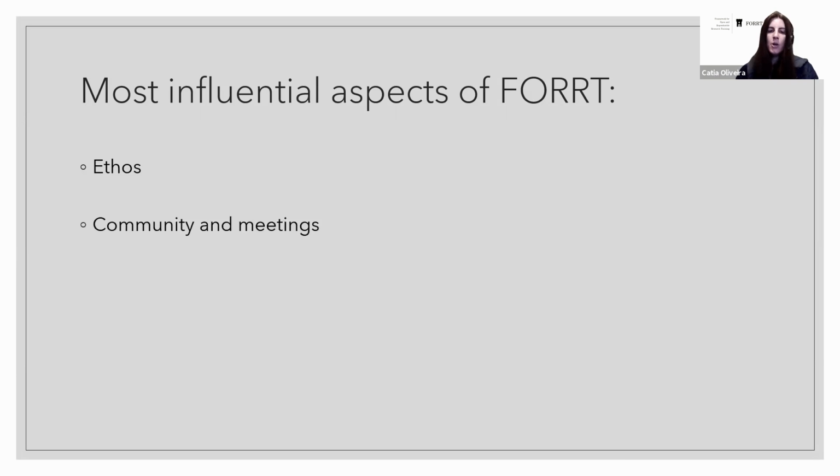We also have a great community and meetings where people from a vast array of areas come together to share their love for open science and aim to make open science teaching more accessible and easier for those interested in taking it into practice. But an additional aspect that is quite interesting and reflects something that is very